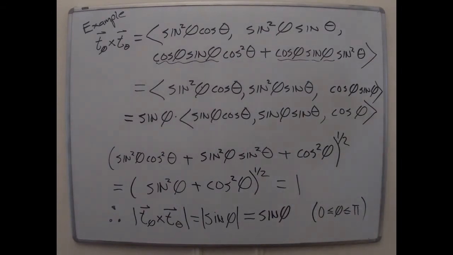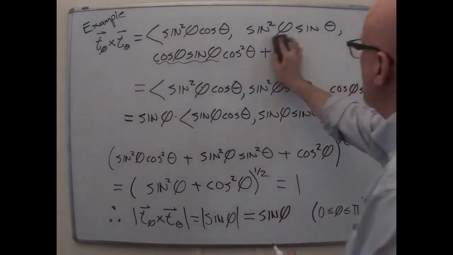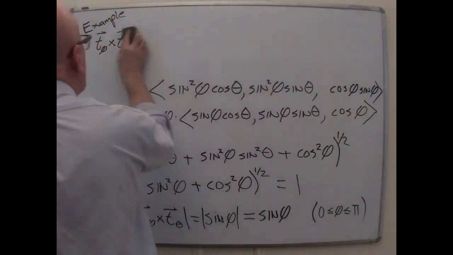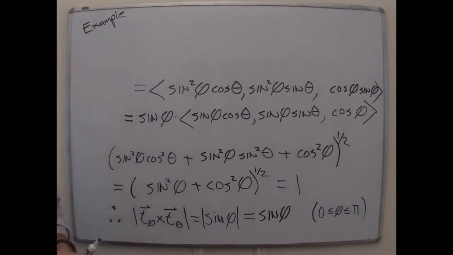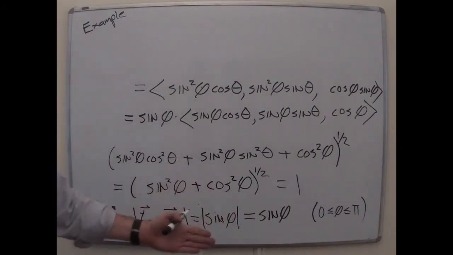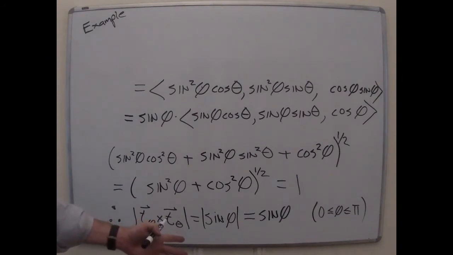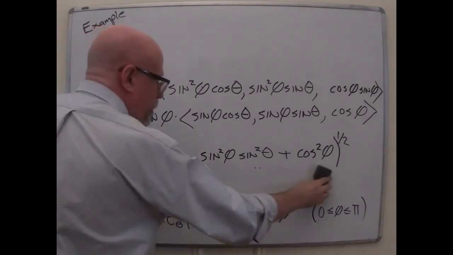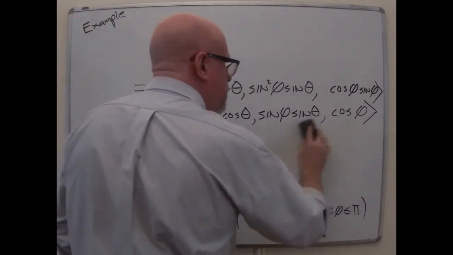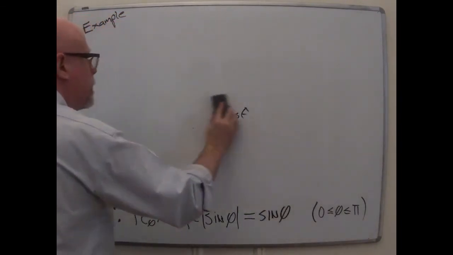Okay, so we should have everything we need now to do the surface integral that's in the divergence theorem. It's just sine phi. I think I can erase this and I won't forget that. All right, let me leave that on the bottom just in case I have a brain failure.